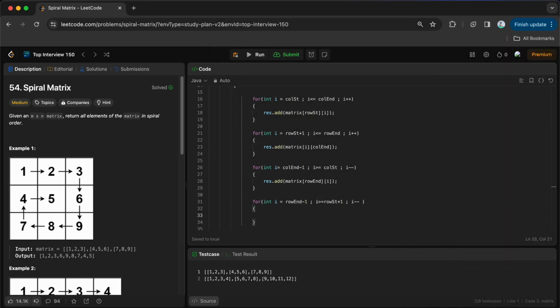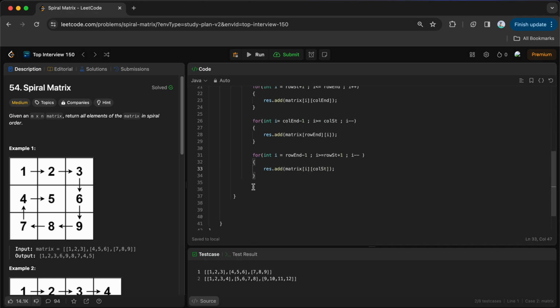Okay, so in this case result.add matrix. In the matrix, row is the variable now, and column start is fixed. So in this way we can write the for loop and we can print. And once this loop has ended, what we have to do is,